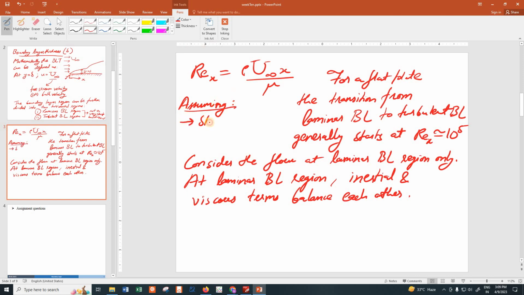Assuming steady flow, one can then do the order of magnitude analysis because they balance each other out. So one can write rho